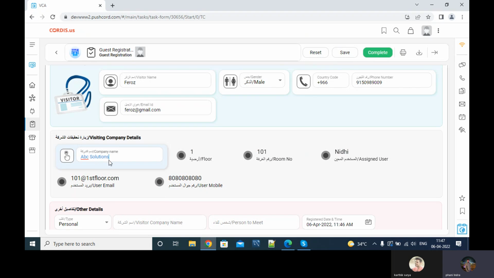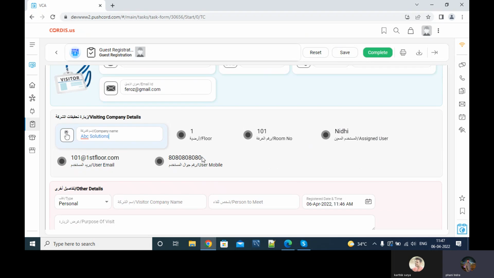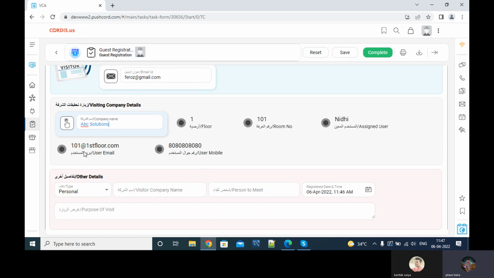Solutions. The moment he selects ABC Solutions, the floor details and room number appear, and for every company and every room number, one user is assigned, so he or she will be taking care of all the approval tasks of the visitors. And what is that user email ID? This is 101 at the rate of passport.com, and one password will be there. This will be same for